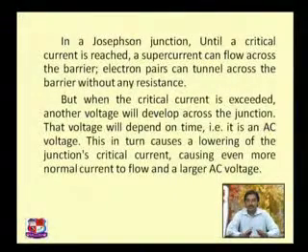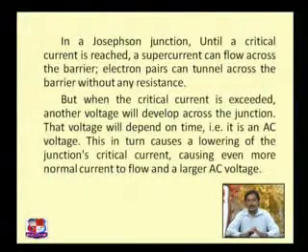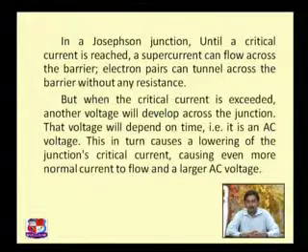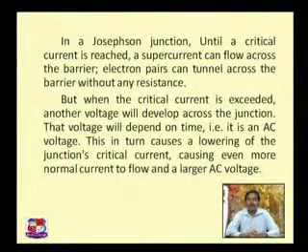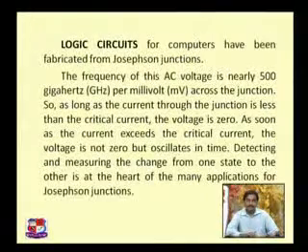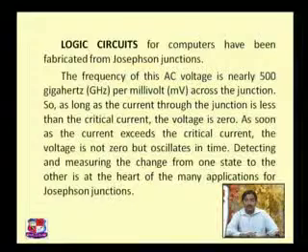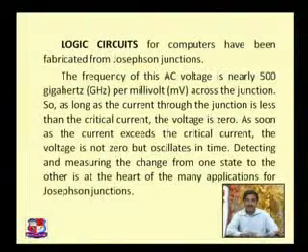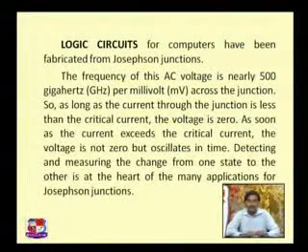So here we have two definitions. If we allow a current smaller than the critical current, then a constant current is going to flow through the junction, and when it exceeds the value of the critical current, then an oscillating current or alternating voltage is going to appear across the junction. So from that we get two definitions: one is the AC Josephson junction and the other is the DC Josephson junction.